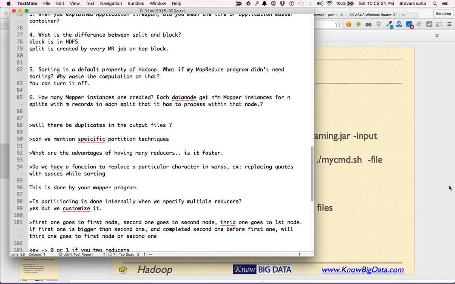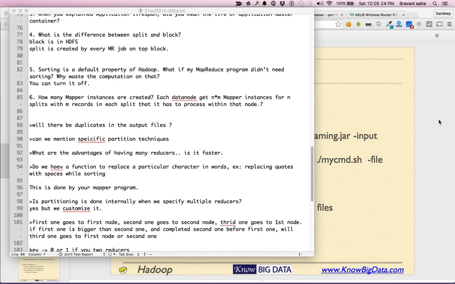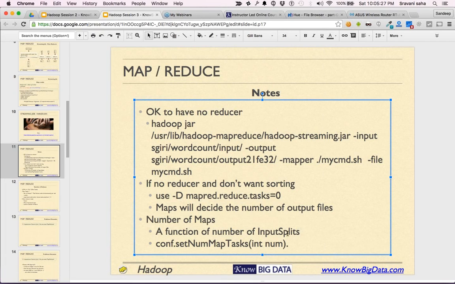All right, so you are right. When I say number of mappers, it means number of map tasks. For simplicity's sake, you can say that for each block of data, an instance of your mapper class is created, and every record in this block, or in this input split, will be passed through your map function. All right.